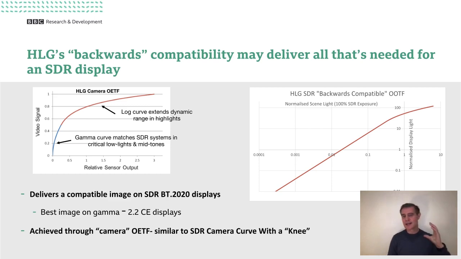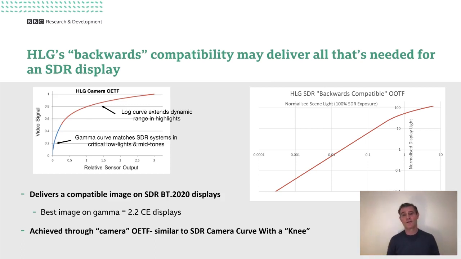If we now take that OETF and feed that into a standard SDR EOTF, and a gamma 2.2 EOTF works best for HLG in this instance,